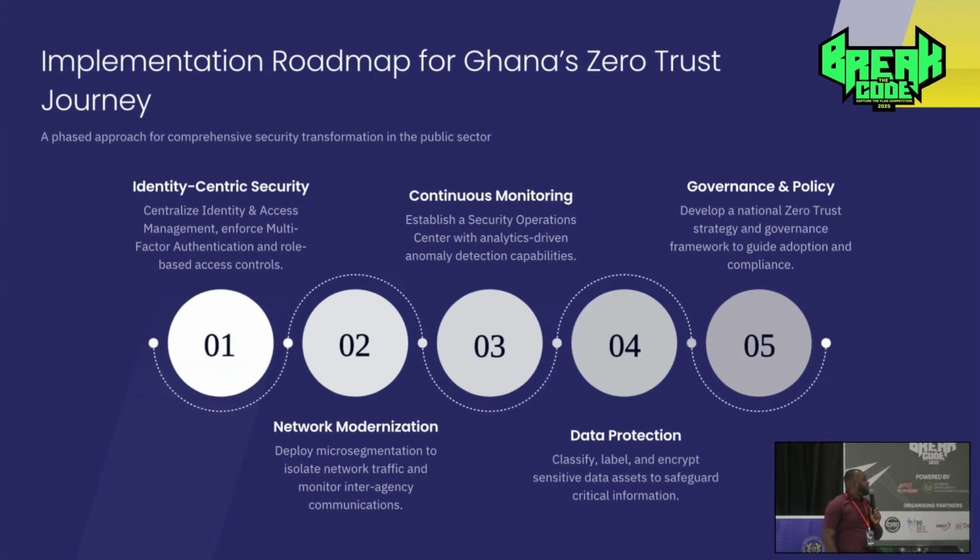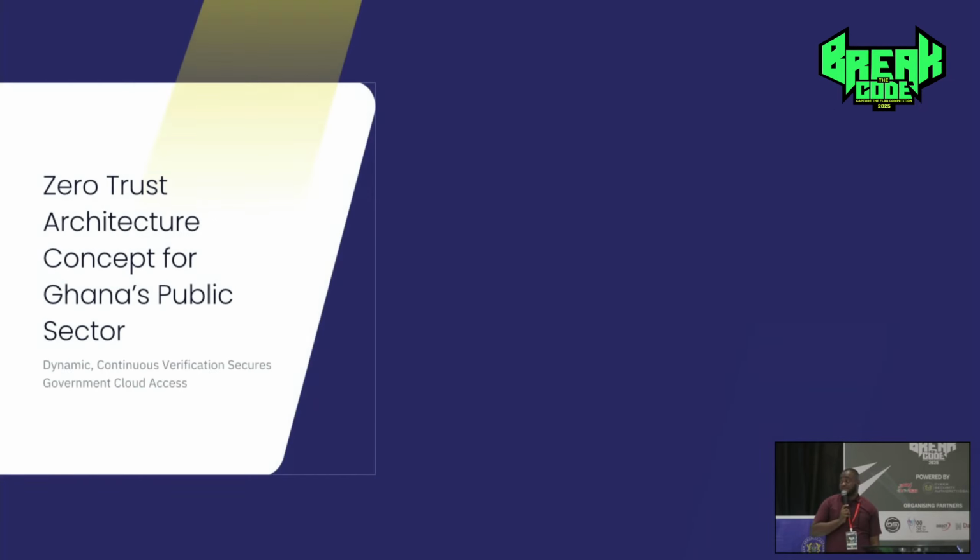Now, this is the roadmap that I am proposing for the Ghana public sector. Number 1 is identity-centric, number 2 is network modernization, number 3 is continuous monitoring, then data protection. I think we have the Data Protection Commission and the rest, and the governance and policy. I think I will end here